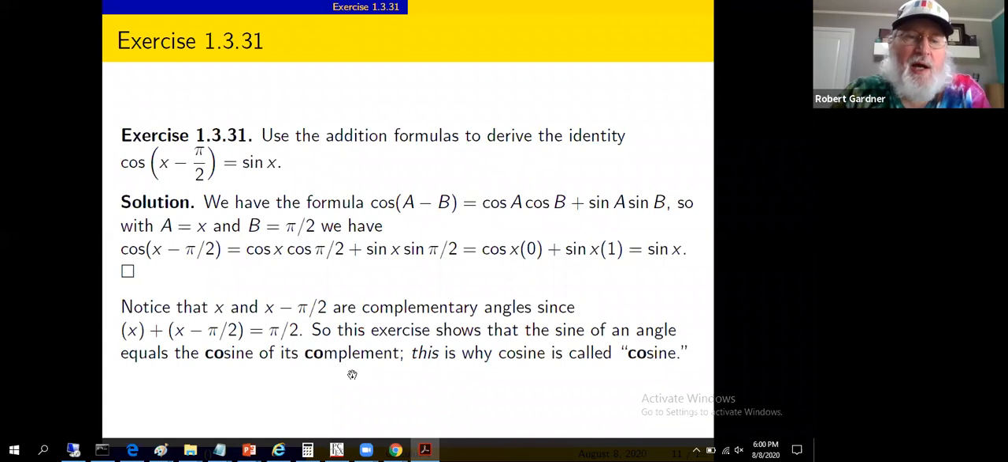And the co and complement, that's where the co in cosine comes from. That's why cosine is called cosine. It is related to the sine function through this type of equality when dealing with complementary angles. So the co in cosine comes from the co in complementary. And similar things hold for tangent, cotangent, and secant, cosecant, as you could establish